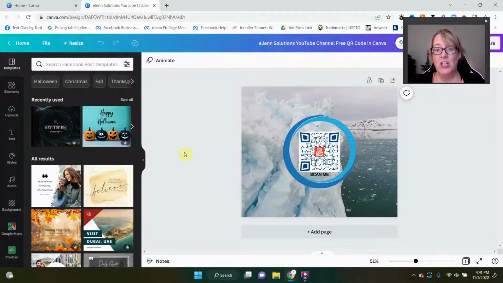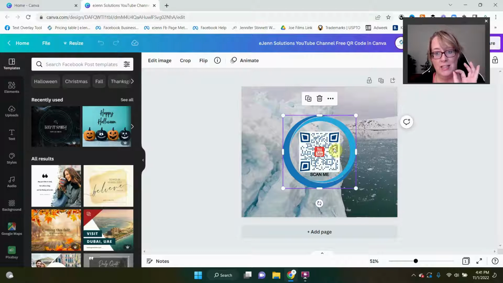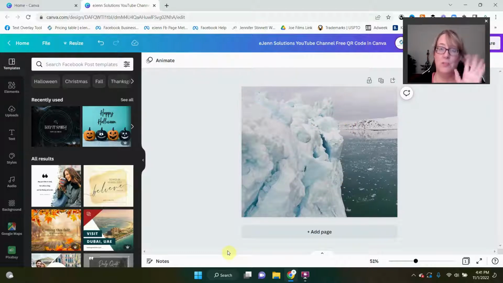Now, I'm showing you just really quickly, I'm going to put a QR code on a Facebook post. So we've created this really nice picture of ice glaciers in the background, and you can see this really cool QR code here. Unfortunately, this is not the video to show you how to do that. I have a link in the description that will show you how to create and customize a really cool QR code like this. But for this purpose, we're going to delete that, and I'm going to show you how to do a free, static QR code, just to point to any type of link that you may have.